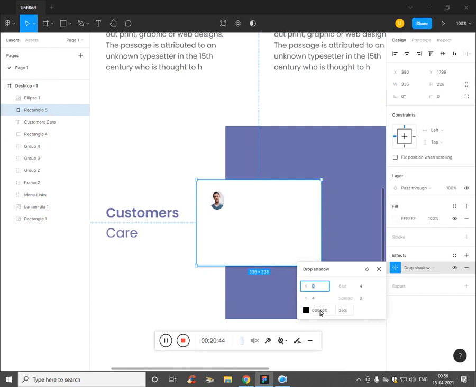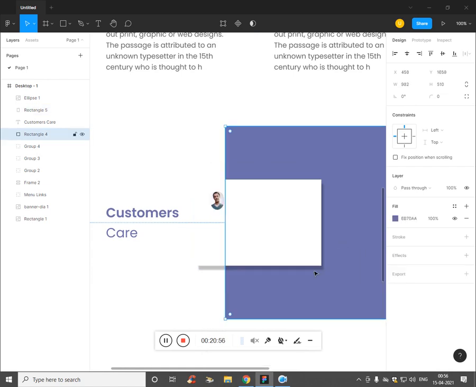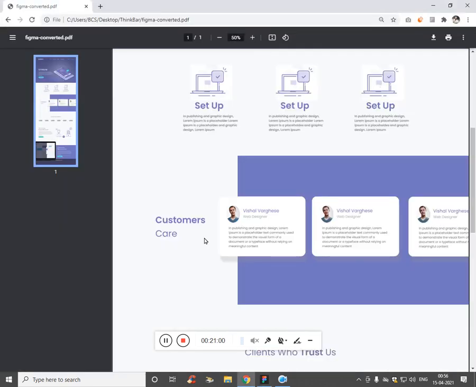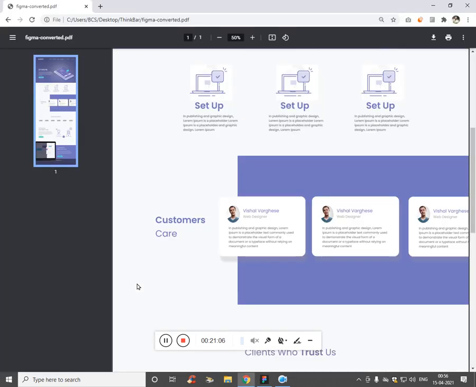Okay, click here and add the drop shadow. Don't give the darkest color, give somewhat grayish, and that's cool. It has remembered the previous action which I have made, and just make this a slightly rounded corner.